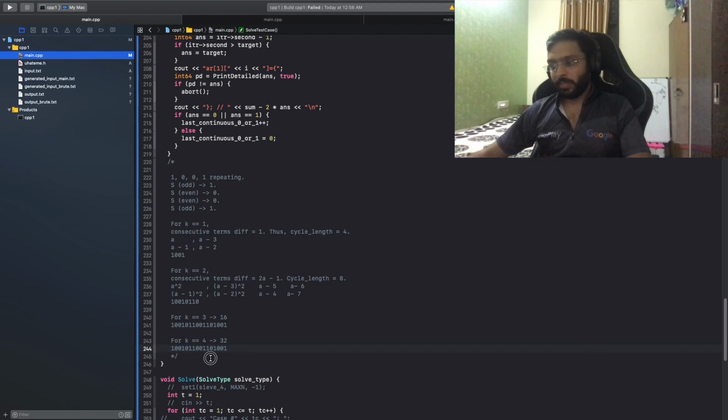Reason being, this code took about 15 or 20 minutes to run, especially for k equal to 4. The knapsack was really huge, about 10 raised to power 9 states or something like that. So I'm not going to detail that. I do believe you can check the tutorial and there might be a better solution for this.